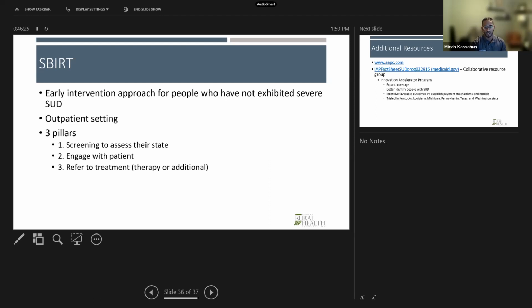The whole point of it is meeting them where they're at before they reach a level of severe addiction. It's getting a foot in the door before there's heavy dependency and before you may lose them to follow up. So this is a very helpful strategy that a lot of outpatient clinics may use through a consultation method. And that's really what SBIRT is, the main focus of it.